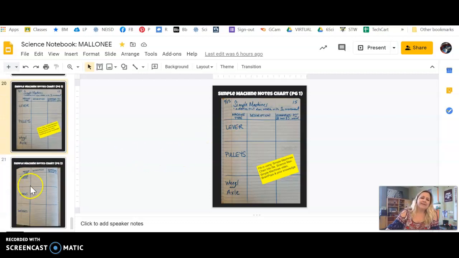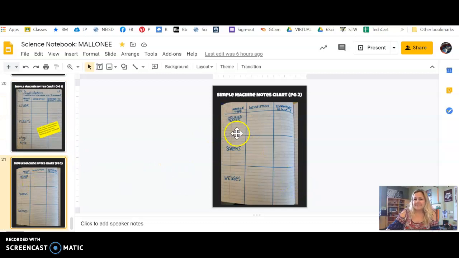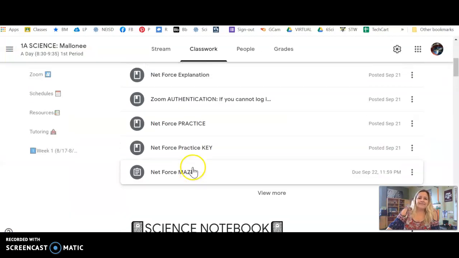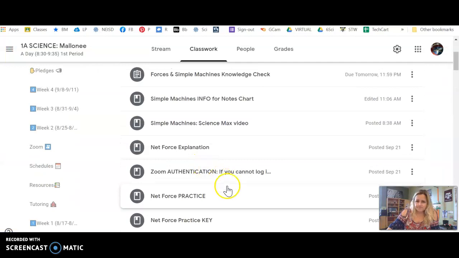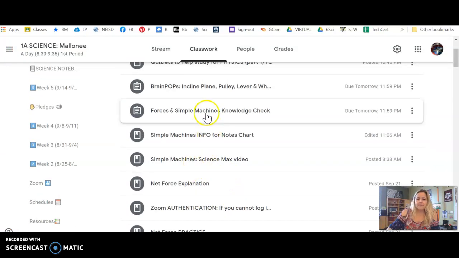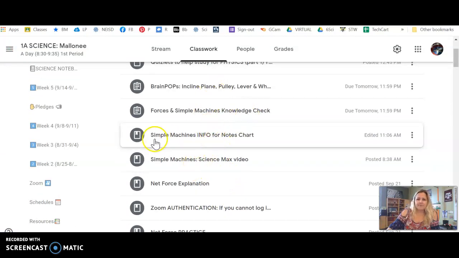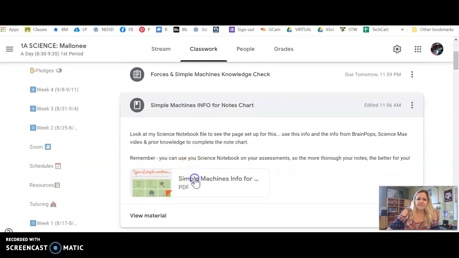So you've got the front side and the back side. They don't have to be in this particular order. It's just one of the resources you have. This is the order they're in, so that's the order I wrote them, but it's not consequential. Once you have this chart set up, back in the classroom, it's a little bit out of order, but you can rearrange them if you want to, where it says Simple Machines Info for Notes chart, this opens the PDF,